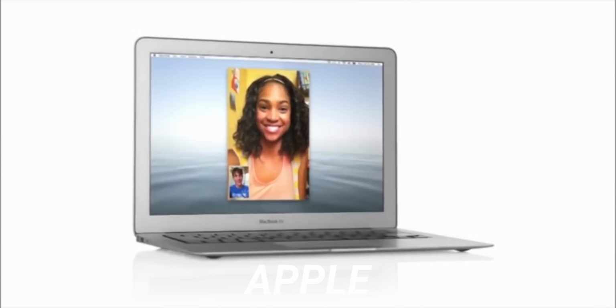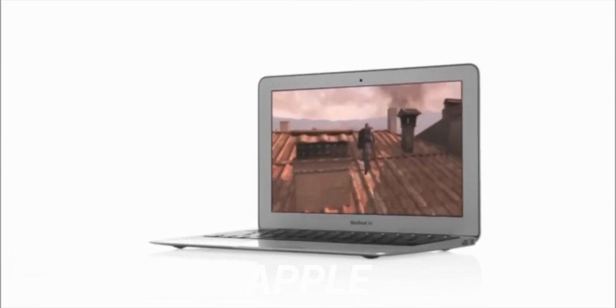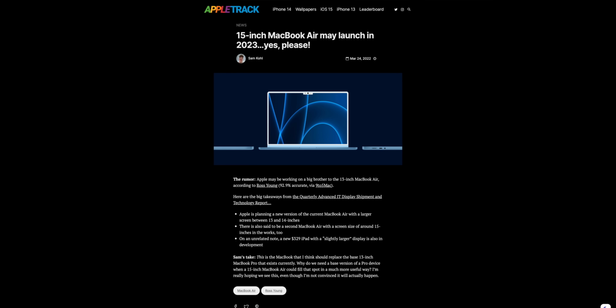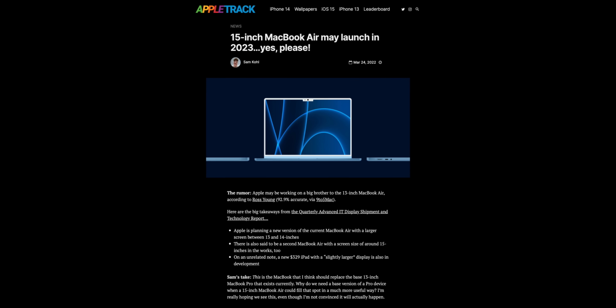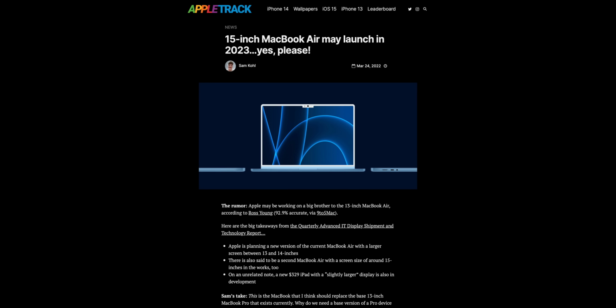Yeah, if you're like me, you probably also forgot that Apple made a small MacBook Air back in the day before they discontinued it, because while yes, it was kind of cute and cuddly, I mean, it was too tiny, all right? 11 inches is a netbook. Well, we're hearing now first from Ross Young, who broke the story, and then also corroborated by 9to5Mac, Wilman Chi, and Mark Gurman, that Apple is working on a larger 15-inch MacBook Air, and this just makes so much sense